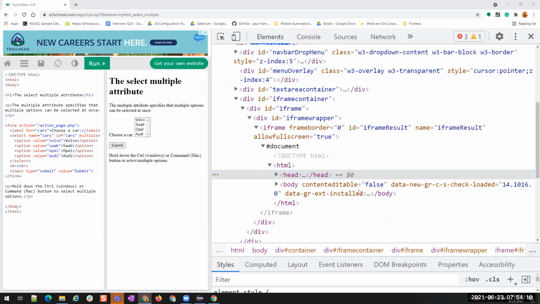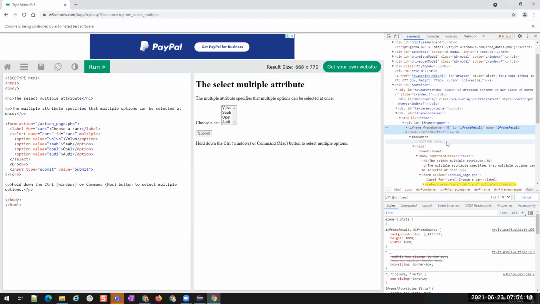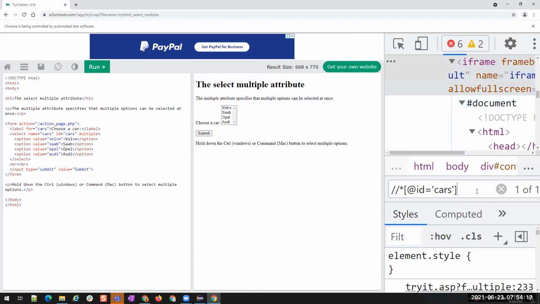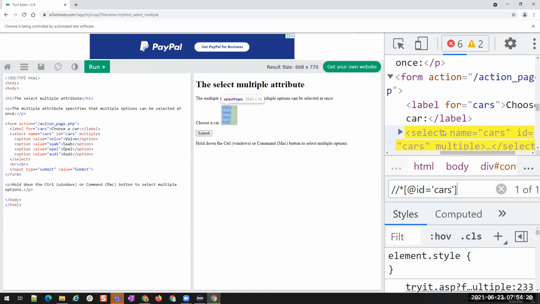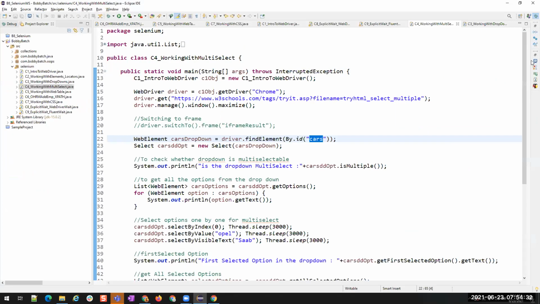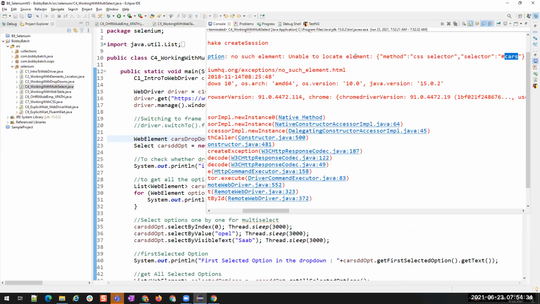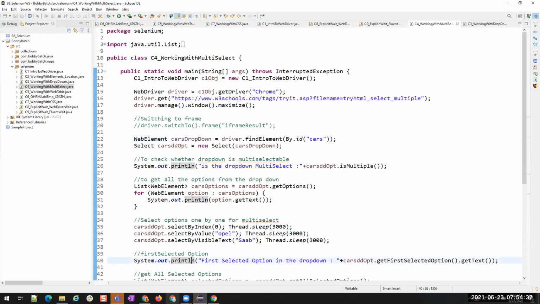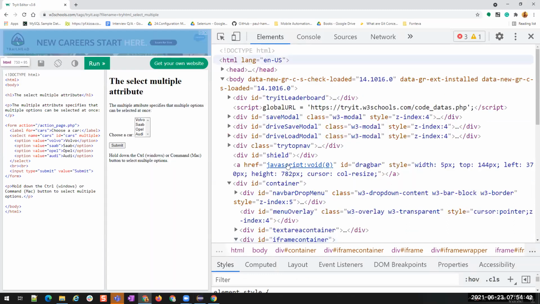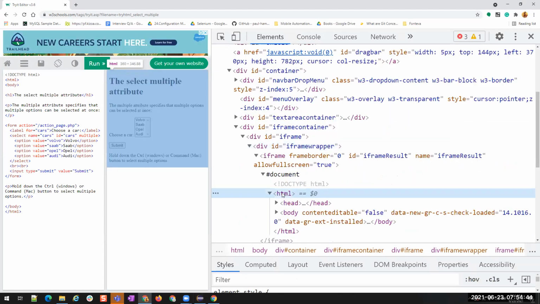Okay, this is the default one, so that is why you are seeing it like that. Anyway, you don't need to worry about this HTML. You just see this cars. That's all. It is there, and you are also able to see this selected in blue color, right? The element is there, but still it says element not found exception, right? Why? Because it is unable to move from our HTML page to this HTML page.